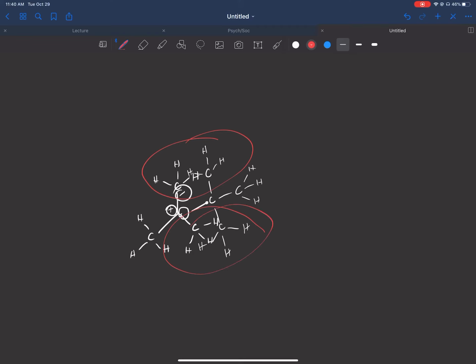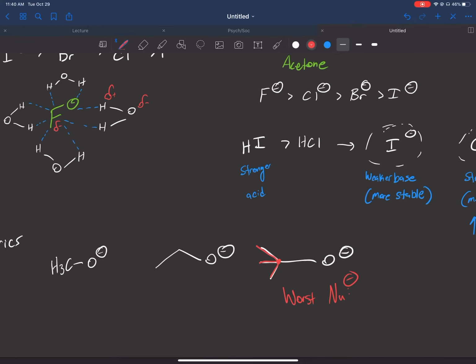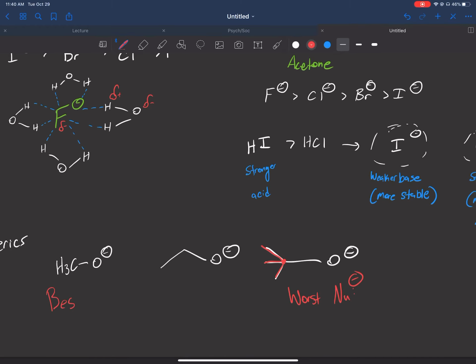Well, it's going to make it really difficult. And so we can say that the bulkier our nucleophile is, the worse of a nucleophile it will be. All right, so that's another thing to consider. So out of these 3 that I drew, this is the worst nucleophile. This would have been the best. Okay,